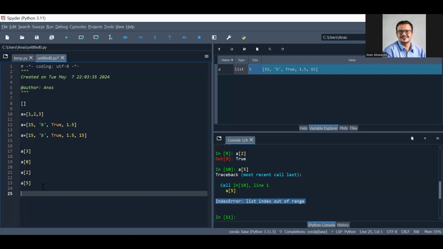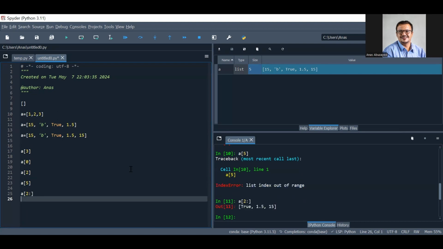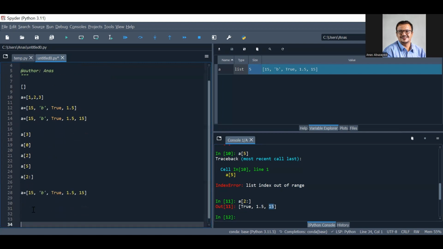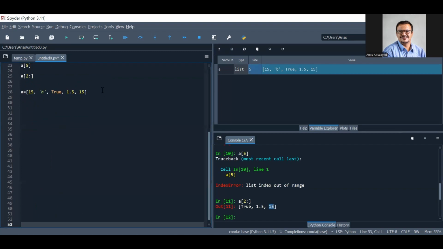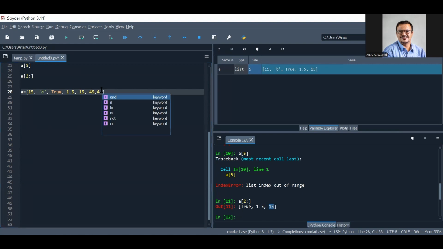Another cool trick here is if you want, let's say, the elements from true to the end. So if you do it like this, 0, 1, 2, so from 2 to the end, it will give you true, 1.5, and 15. Let's maybe have a bigger list so that we can have a bit of flexibility around it. So let's say we have this one, 45, and then 4.2, and then D, and then another string, let's say of